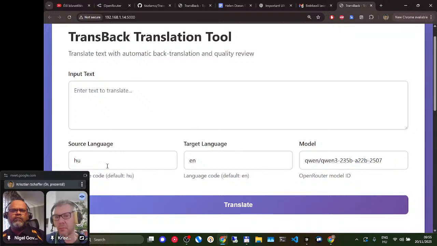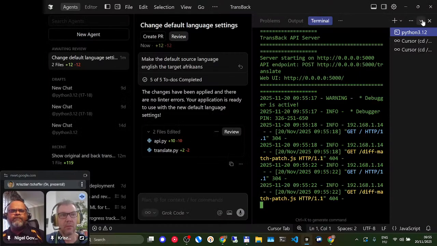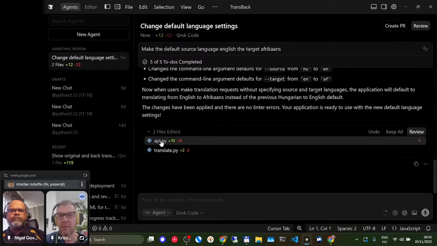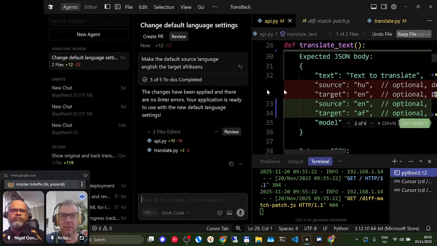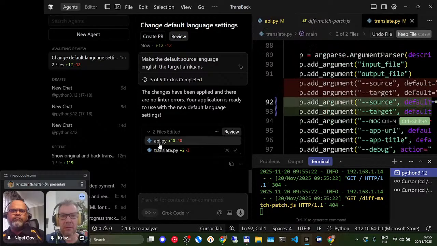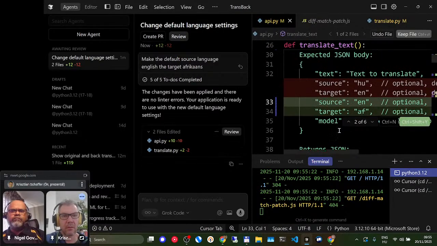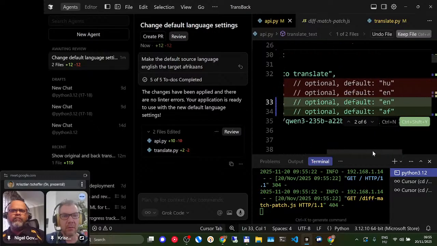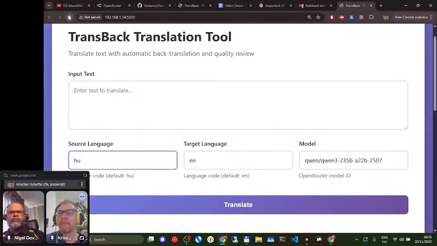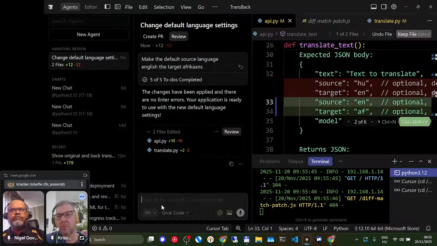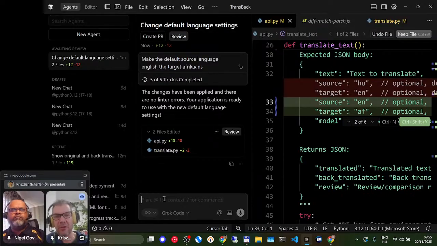Oh, it just didn't happen. Okay, I'm not sure, but what is the diff then? So, yeah, this is for the source and target Afrikaans. Okay, I don't know. Seems like it changed, but I guess that the issue is that we have several times